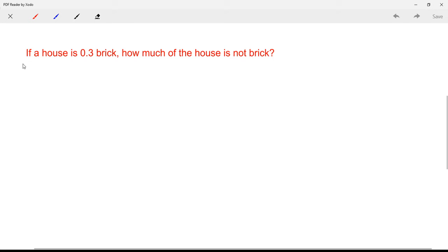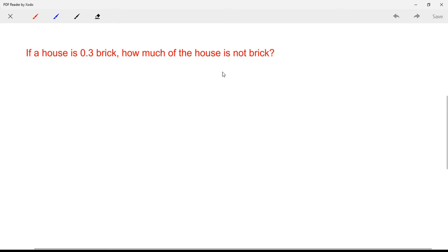So let's just read it. If a house is 3/10 brick, how much of the house is not brick? So this could be different iterations. If something is 0.5 green, how much of it is not green, or another color, or I don't know. Anyway,